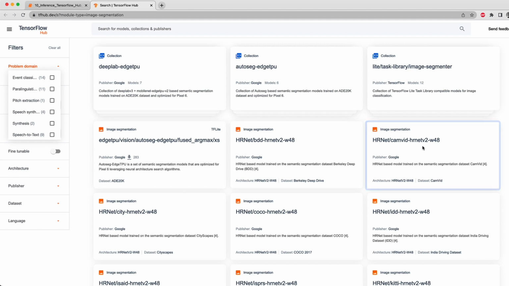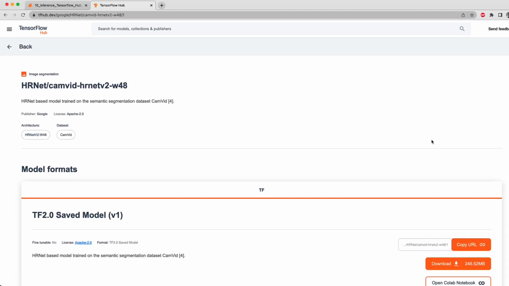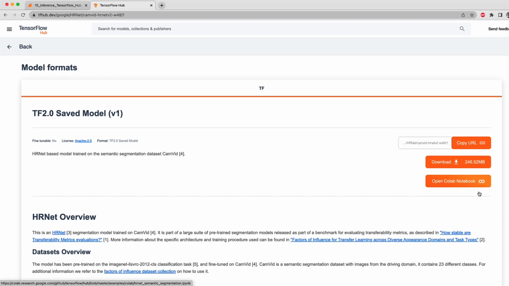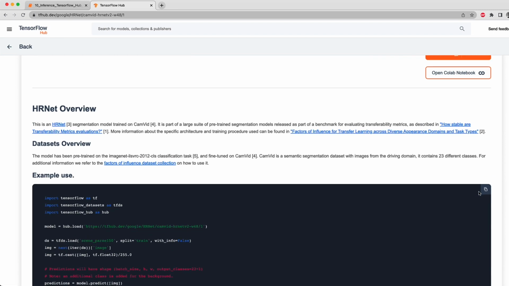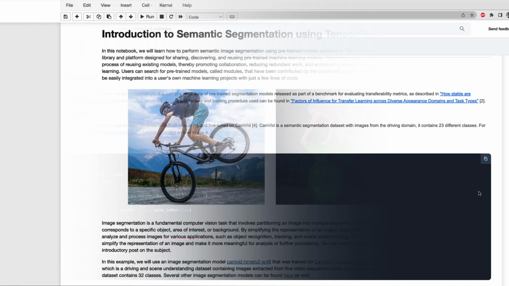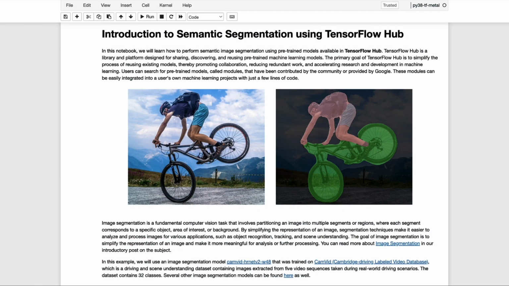this example. If you click on any one of these models, it'll take you to a model-specific page in which you can copy the URL to the page, download the model, or even open the model in a Colab notebook. And then if you scroll down a bit further, there's usually a little bit of code that provides an example use case. So that's just a quick summary of what the site looks like and how you access the models. And let's go back to the notebook now, and we'll continue on with the coding implementation of how to use